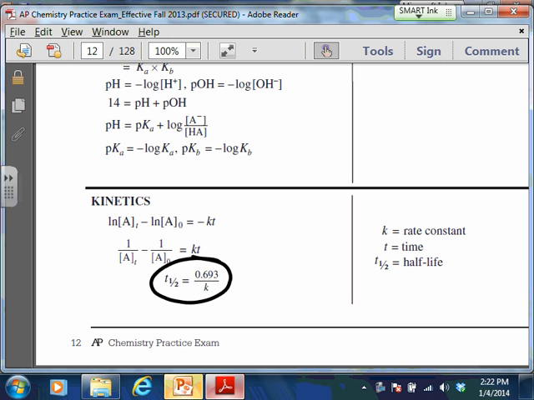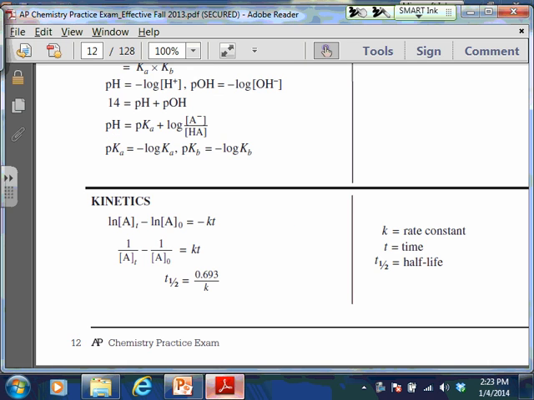Now, all nuclear reactions are first-order reactions. Okay, that might be something to write down. All nuclear decay, I should say, is first-order. The half-life is first order. Okay, so what that means is,